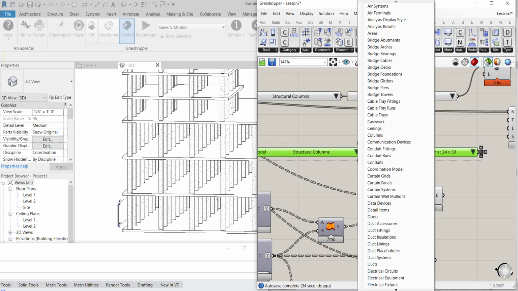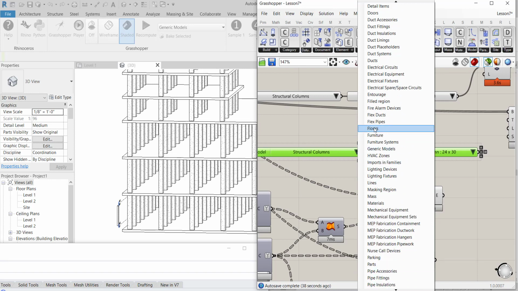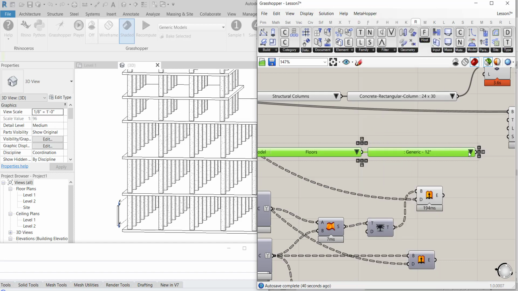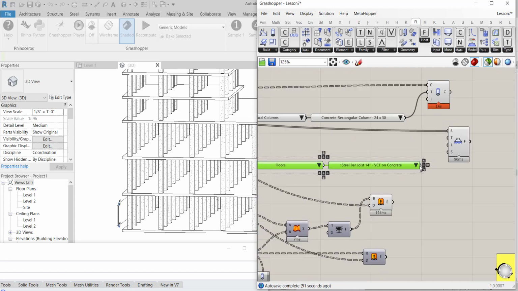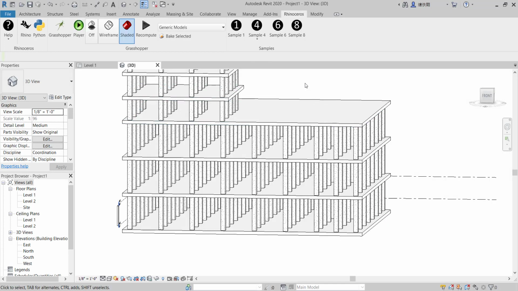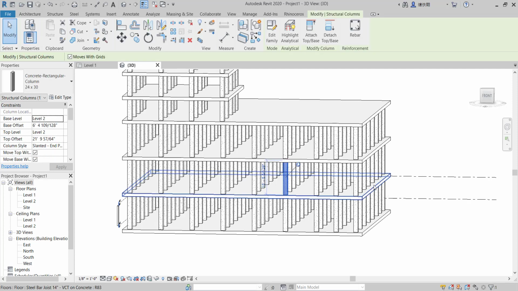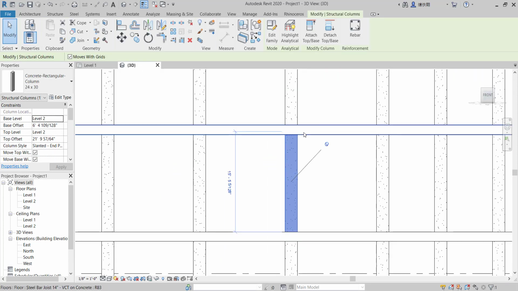It's not very convenient to use this, but let's see, floors. Here we got some options. Let's take some 14 inches floor and plug it to type. Here we have its changes, and because this is the proper Revit family, I mean about columns and floors, you